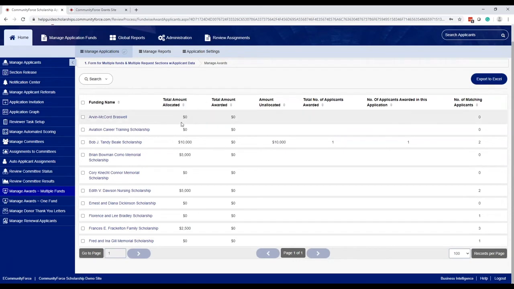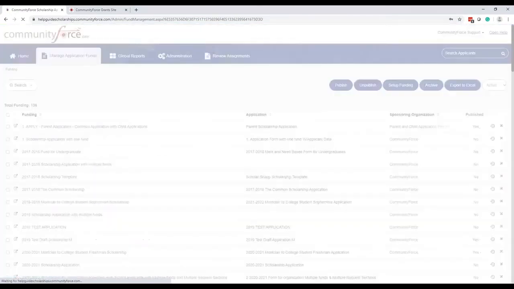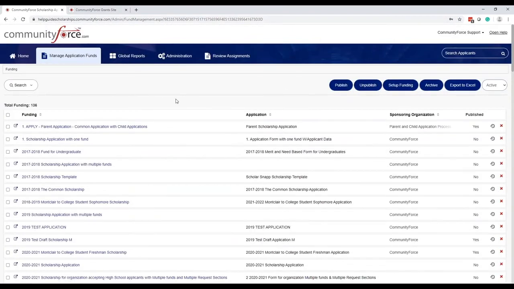So where does this figure come from? This is one of the first steps before you award, that you might want to populate this figure on the funding source. And where you do that is here in Manage Application Funds. Now, in a one-to-many application process, which is what this is, you normally have your actual application fund connected to the posting fund. So when entering the award amount on these types of one-to-many application forms, what you would do is